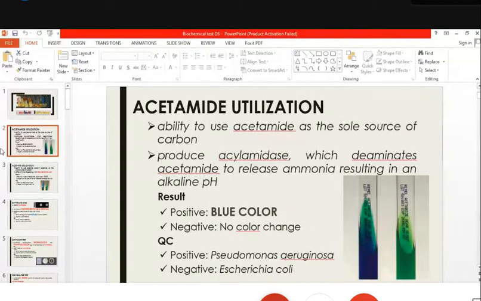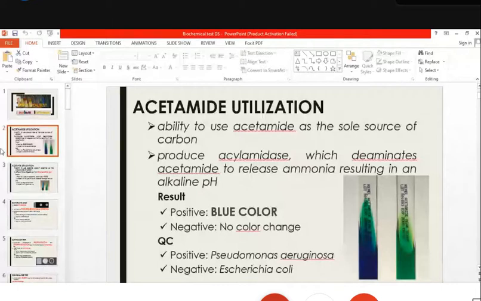So that you always have to check. This will be true for your acetate utilization, also for your citrate utilization test. You always have to check for the growth of the microorganism plus the change in color from green to blue. Okay? So you have there your positive and negative control. Gawa na lang kayo later ng inyong tabulated form, mga positive sa ganitong test para at least then you can come up with your own summary. Okay, so that is for